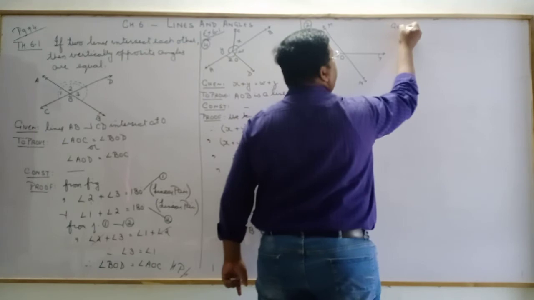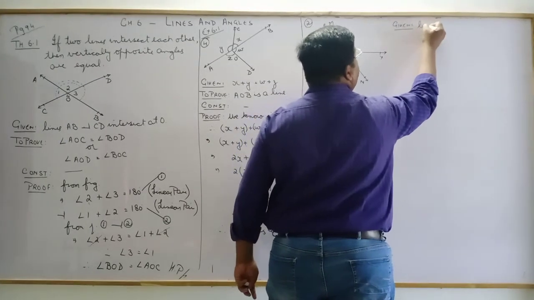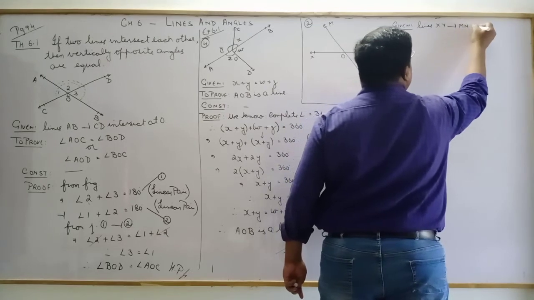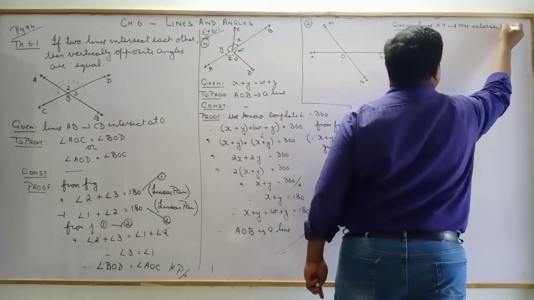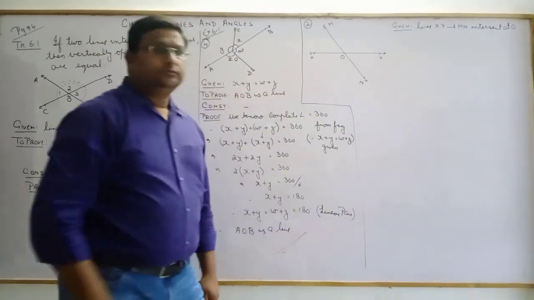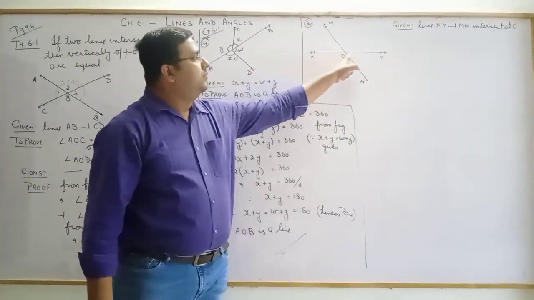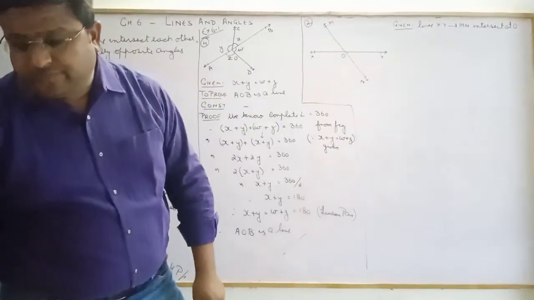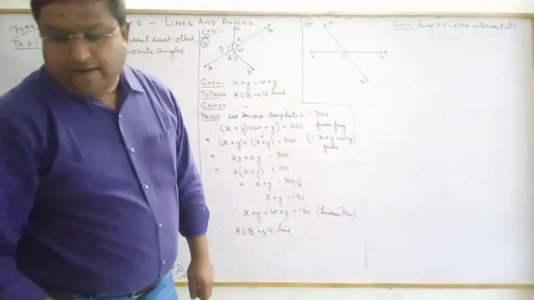What is given? Lines XY and MN intersect at O, given to us. So can we see vertically opposite angles formed? They are going to be equal. Then he says if angle POY is 90,